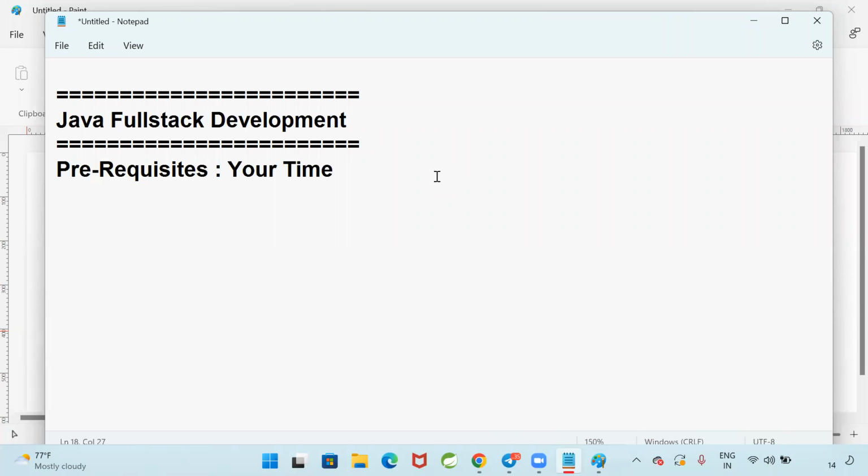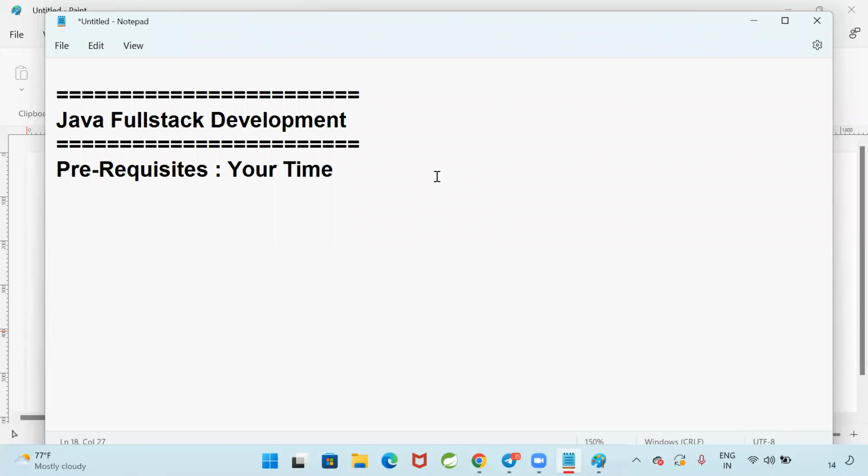We can deliver the content, but you cannot understand it. Are you here to complete the course or to become a programmer? What is your agenda? Are you here just to complete the course, or to become a full stack developer? You want to become a full stack developer. If you want to complete the course within 3 months, you can complete it, but there is no use. You need to spend a minimum of 5 months of time to become a full stack developer, because